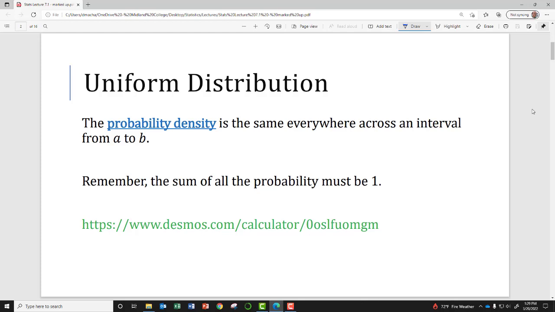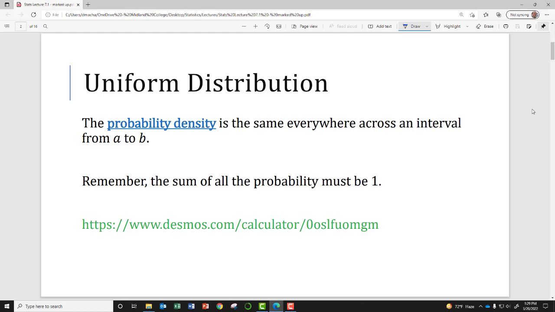The uniform probability distribution is one where the probability density is the same everywhere across an interval from A to B. You can remember this because the word uniform really does mean the same, right? Just like in school, if you were part of the marching band, you wore a uniform. The idea of wearing a uniform is that everyone looks the same. And also remember that the sum of all probability must be 1